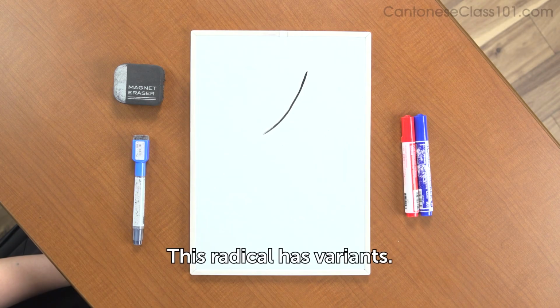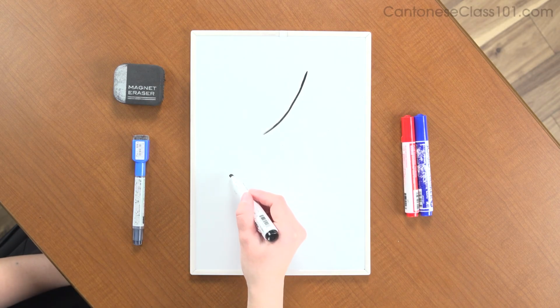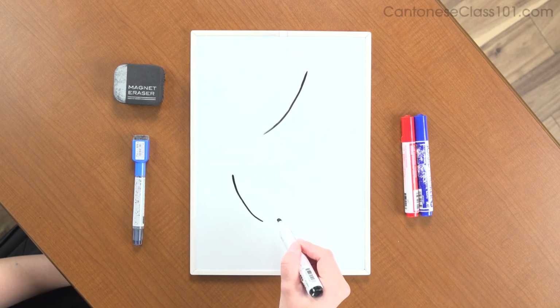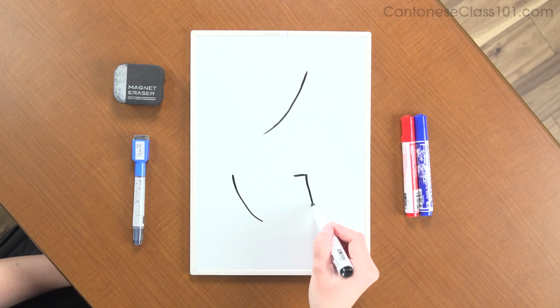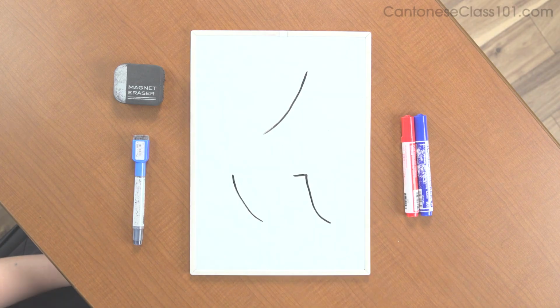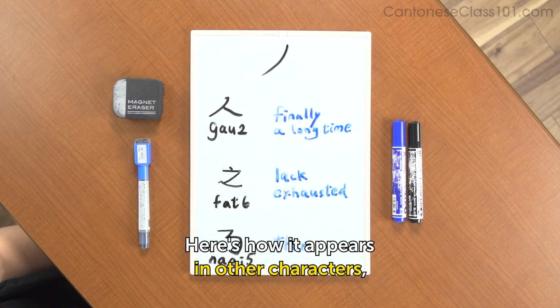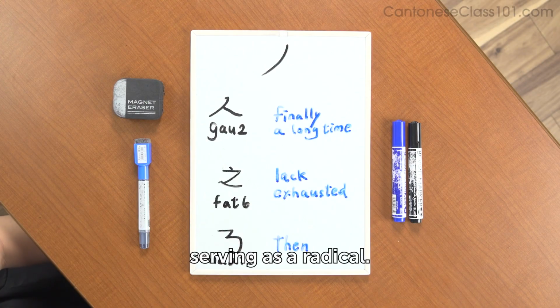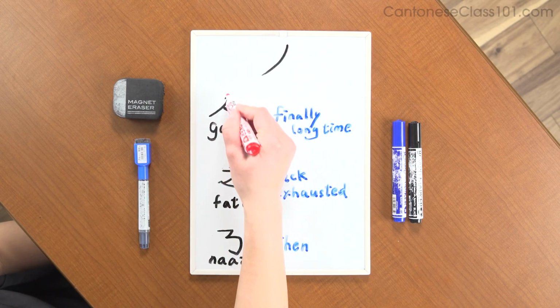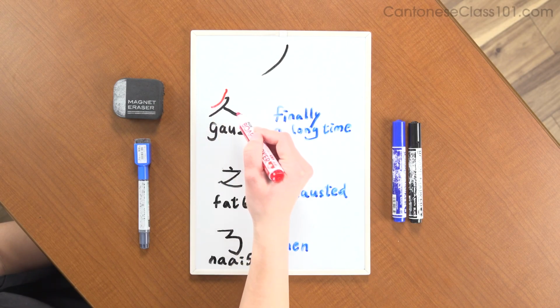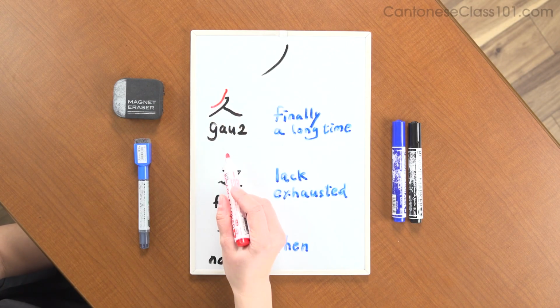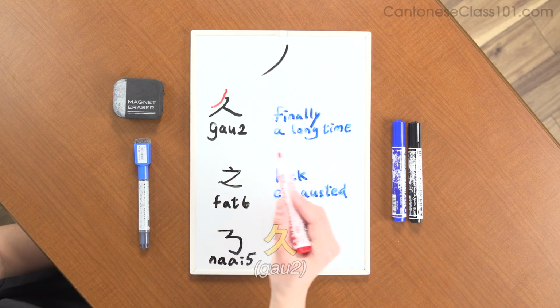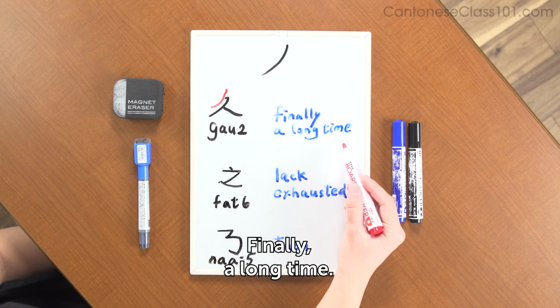This radical has variants. Here's how it appears in other characters, serving as a radical. 九